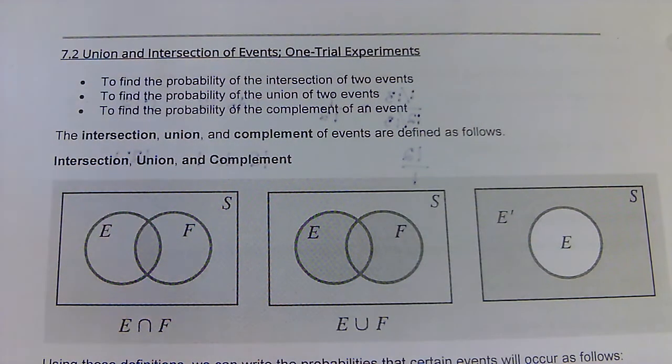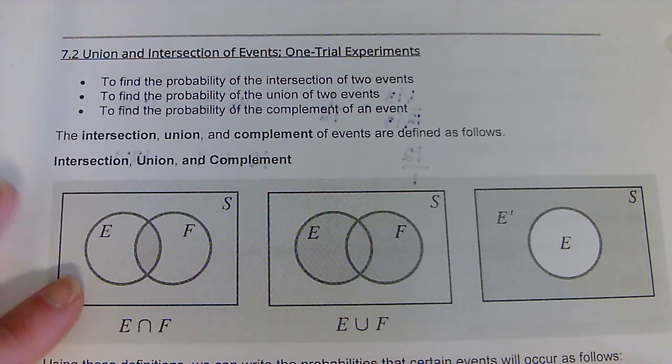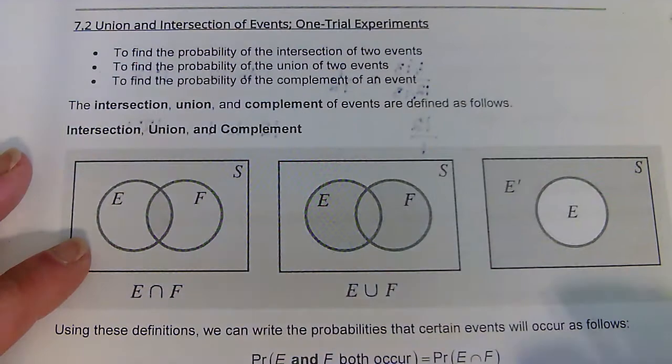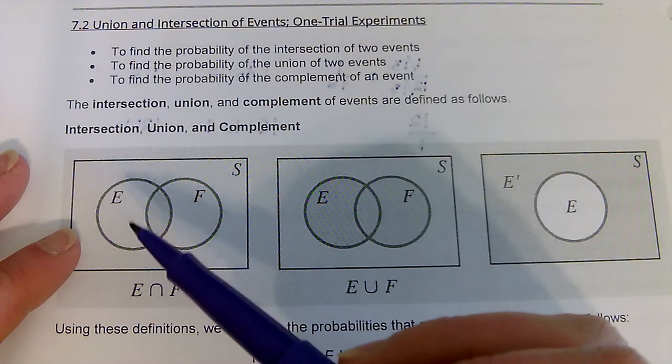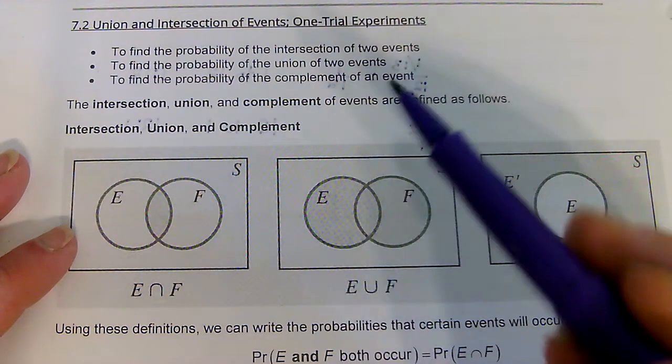Today we're going to talk about the union and intersection of events. This is dealing really with one-trial experiments, but two events happening. So I want to talk about union and intersection, and it's easiest to look at using these Venn diagrams. So if we're talking about event E and event F,